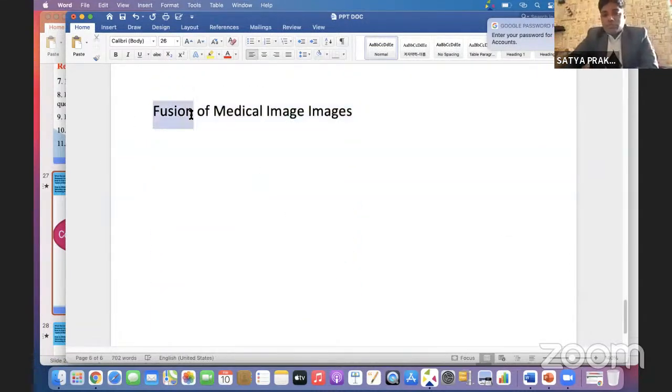The title is fusion. So what will the keywords be? Keyword will be, first of all, fusion. Which fusion? Medical image fusion.